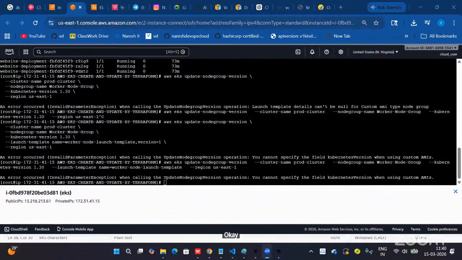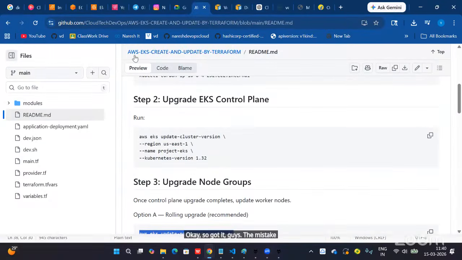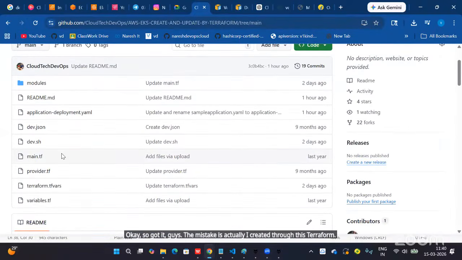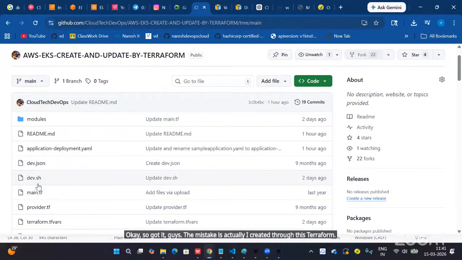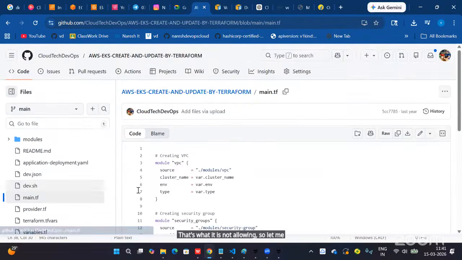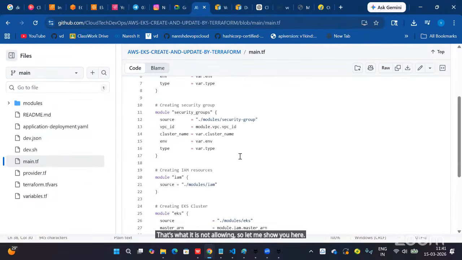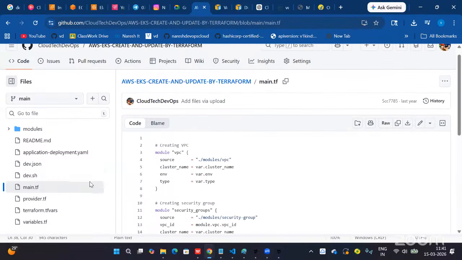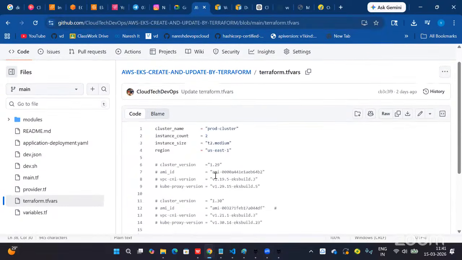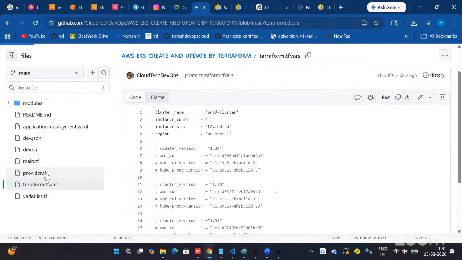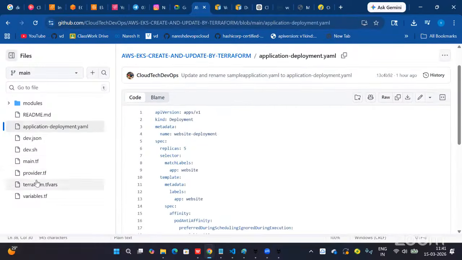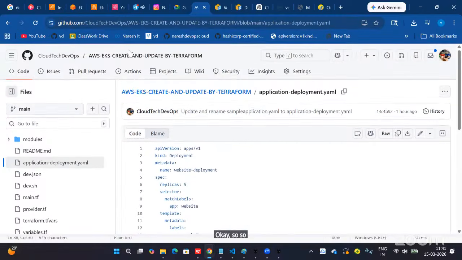Okay, so got it, guys. The mistake is actually I created it through Terraform. That's why it is not allowing. So let me show you here.